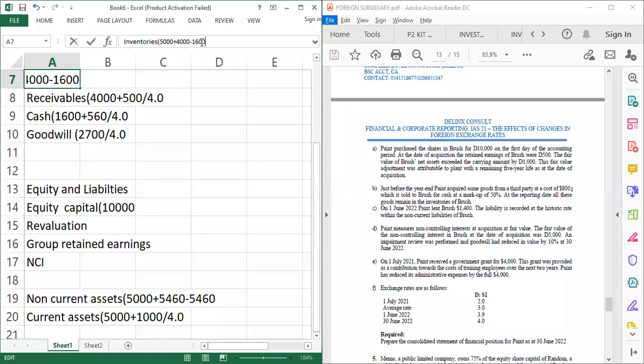The inventory is a non-monetary item. So you remove all the sales as if there's no sales before you come and add the actual cost to the parent figure. So in this case, since the exchange rate is the same, you just remove the profit element. So what we do is that we now come and translate this. If you translate this, you will still be getting